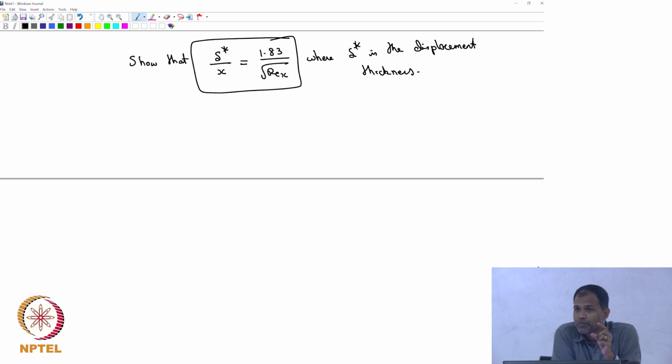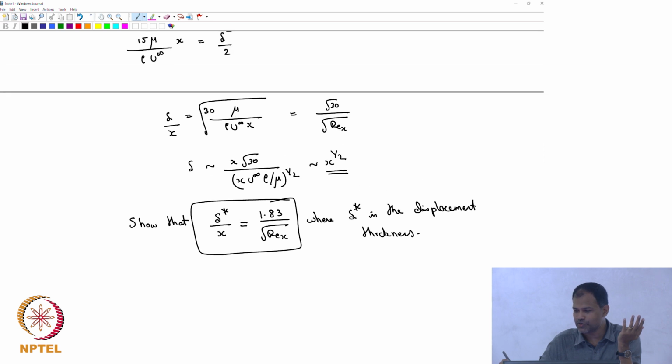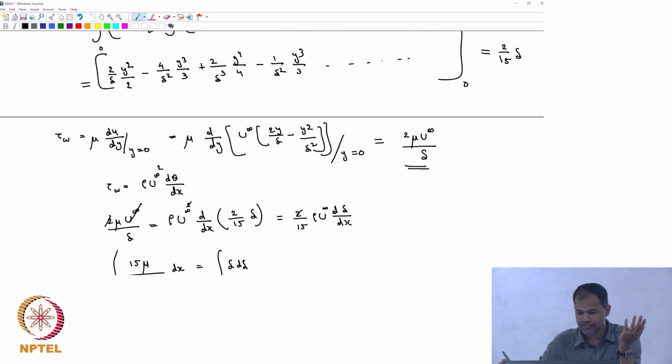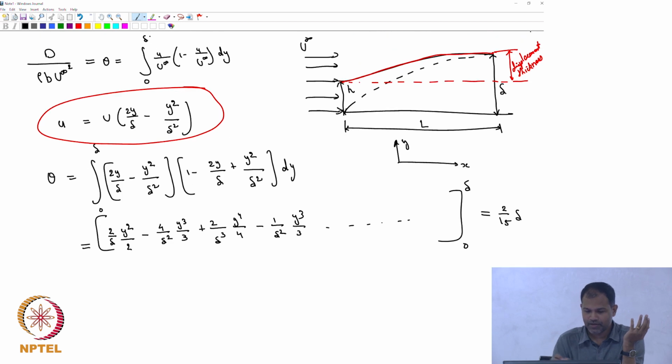So theta is called just the momentum thickness. It's just a measure of the drag force but expressed as a length. Okay, so that's all it is. In fact, if you look at it, it's just introduced in this calculation for convenience. Instead of dealing with that particular integral 0 to delta u by this thing, we have just called it theta. And if you look at it, it's basically D by rho b u infinity square. Okay, so that means it's drag force but non-dimensionalized. So that quantity is called theta, but it has the dimensions of length now. So it's not completely non-dimensionalized. It has the dimensions of length.